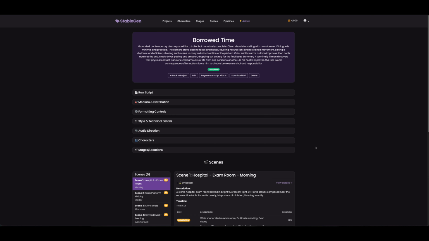Okay, I will show you how to link stages and characters to scripts that you've created in StableGen, and then also how to link the specific generated image assets for those characters and stages when you're actually trying to generate the frames for your videos. So we've created this script here called Borrowed Time, and